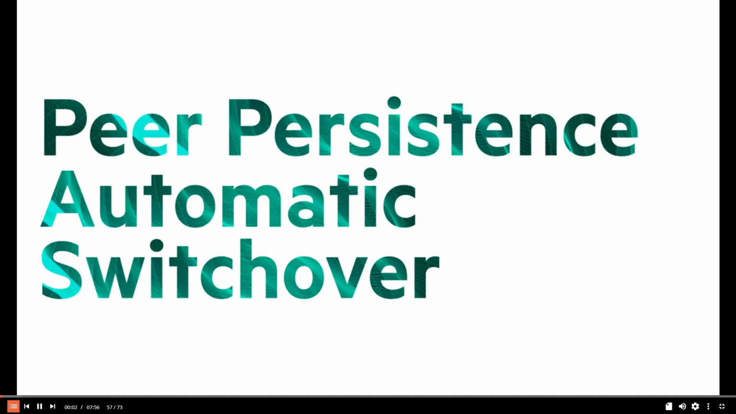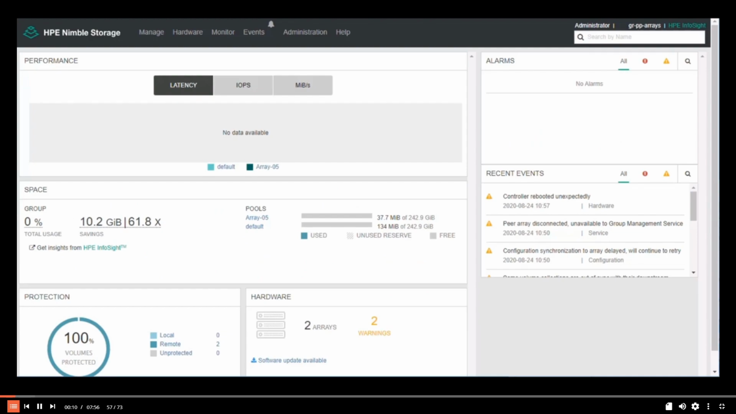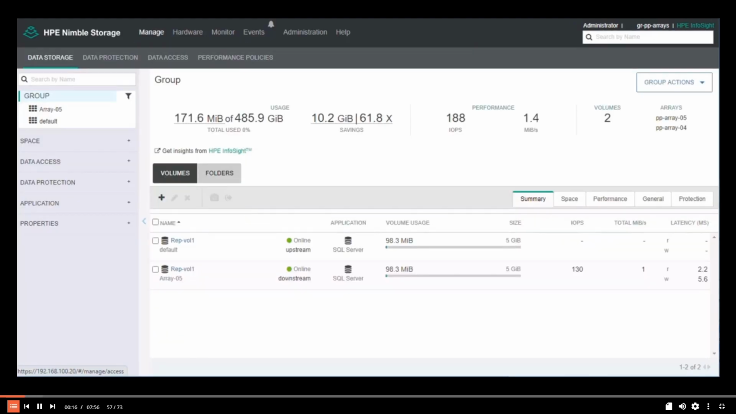This demonstration will fail the source array and monitor the solution as Peer Persistence automatically performs the switchover. Iometer will continue to run during the failure. There's a slight impact during the operation, while the secondary array confirms with the quorum witness service to take over